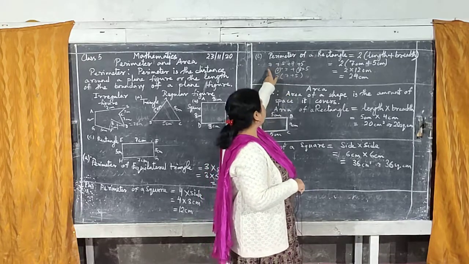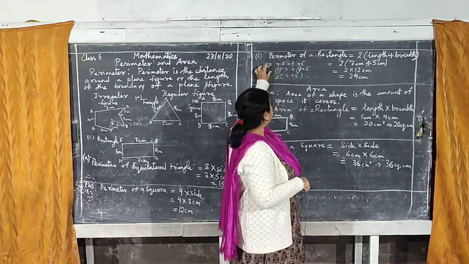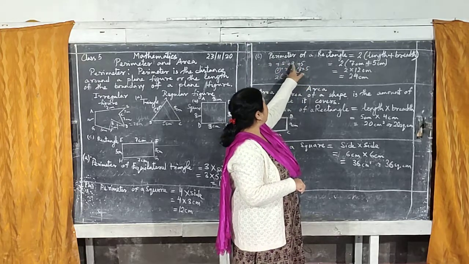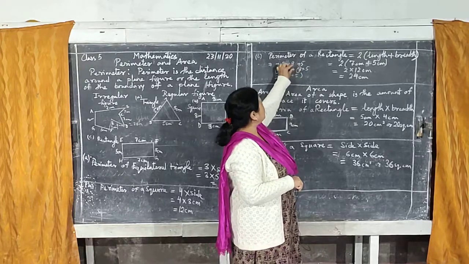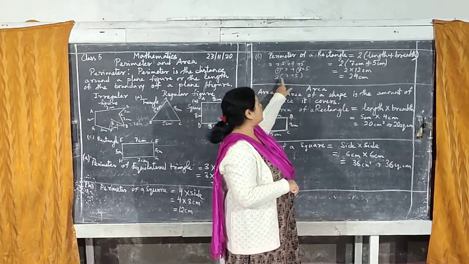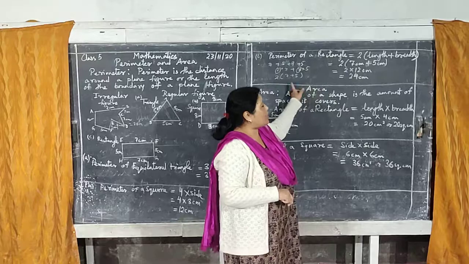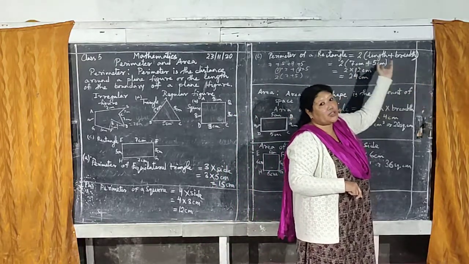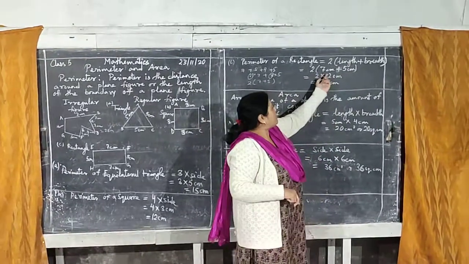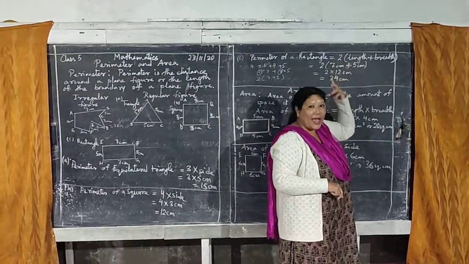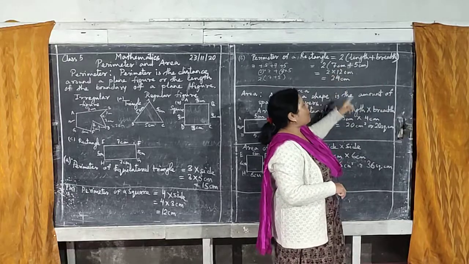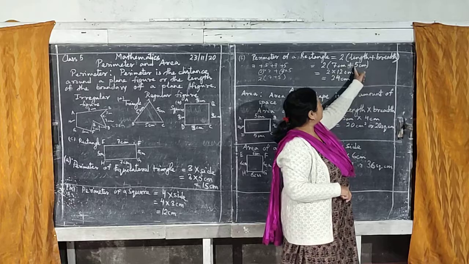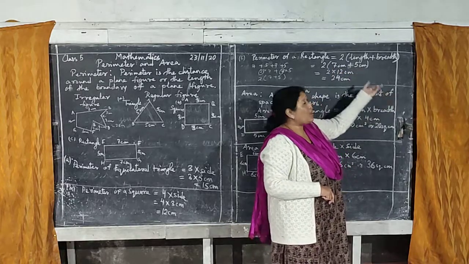So instead of adding all these, this is 2 times, this is 2 times, so 2 times common, take that out, and inside the bracket write length and breadth, the addition of length and breadth. Here 2 into length plus breadth, whatever the length and breadth, you add that and multiply by 2. In this case, length is 7, breadth is 5, 7 plus 5 is 12, 12 2s